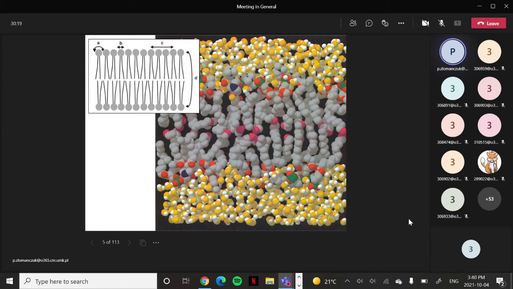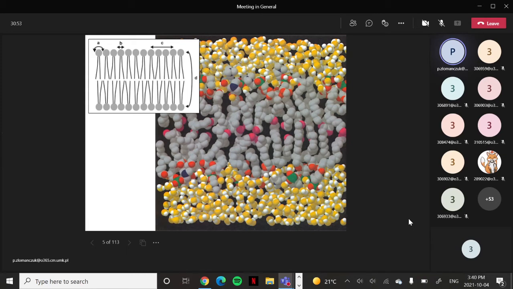Okay. So it is a good electrical isolator, and it also does not allow simple crossing of larger molecules. This property of this bilayer is the basis for its isolative function for the cell. When you look at this little black and white insert on the left side of this slide, you will see the schematics of the